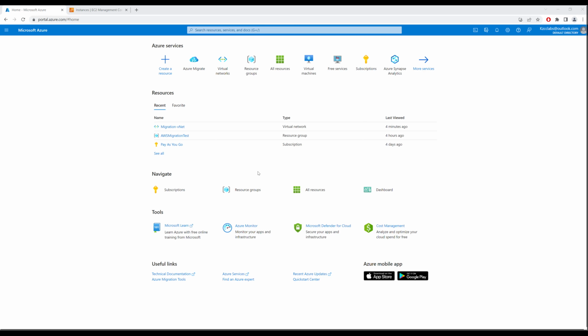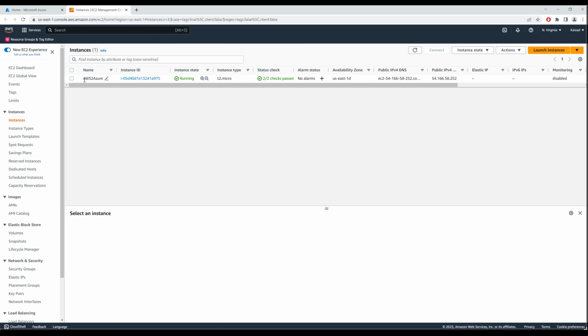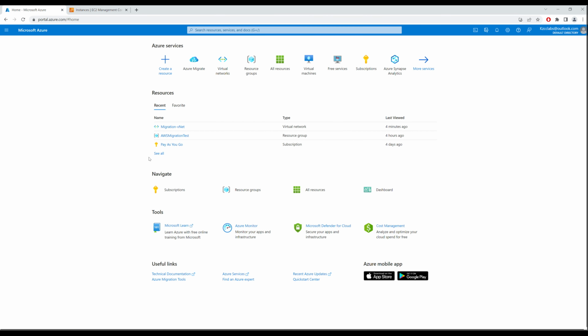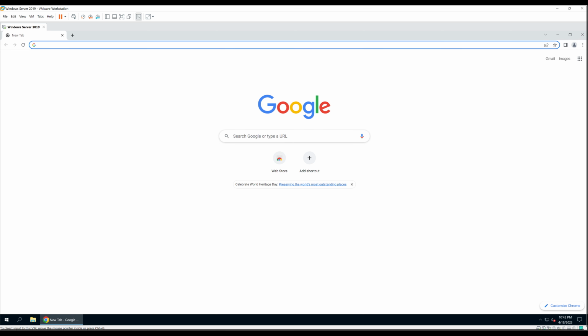In this example, I will migrate an AWS EC2 instance. So I will migrate the AWS EC2 instance that is running on my AWS onto my Azure environment using a virtual machine running on VMware Workstation. This will be my assessment virtual machine where I will run the assessment and then migrate from AWS to